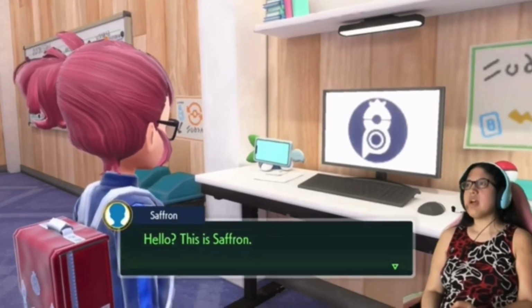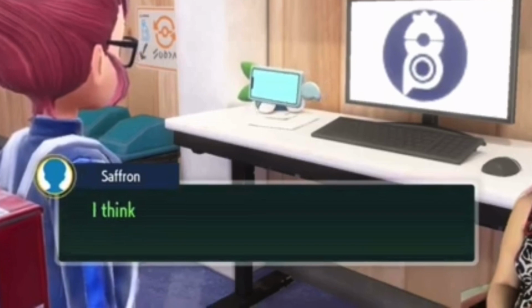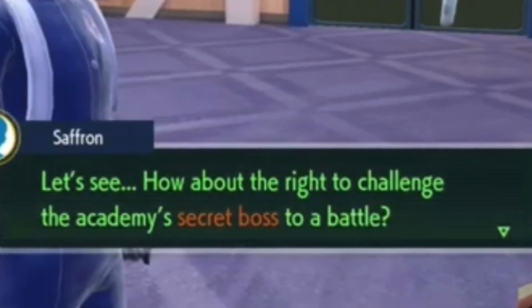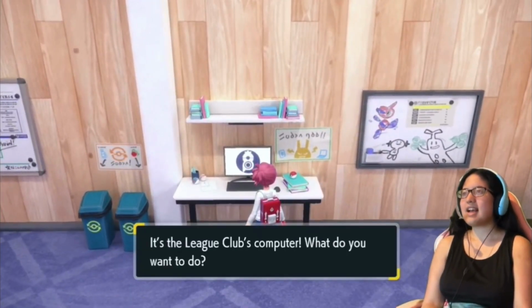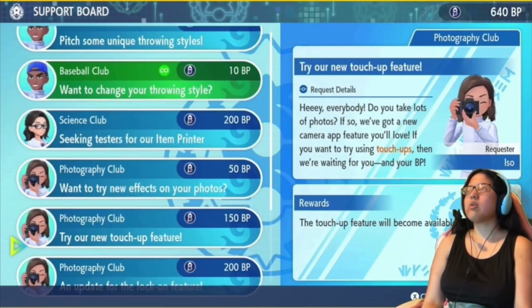Did you know that there's a secret final boss in Pokemon Scarlet and Violet, the Hidden Treasure of Area Zero, Part 2, the Indigo Disc? Well, if you check the computer in the League Club room and scroll down to the very bottom, you'll find that there's a contribution you can make called the Secret Boss of Blueberry Academy. Getting to face the secret boss is a hard and long process, but I'm here to tell you how to